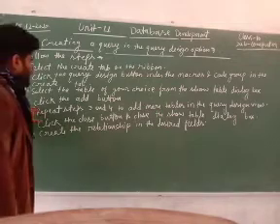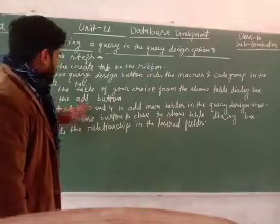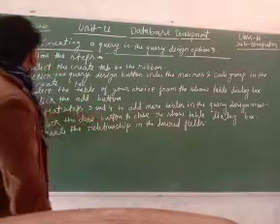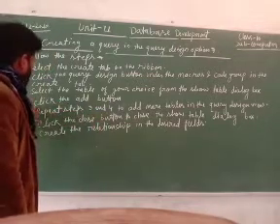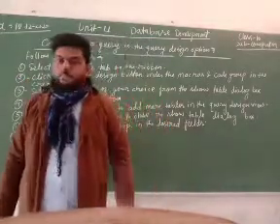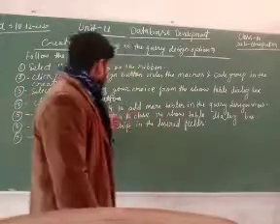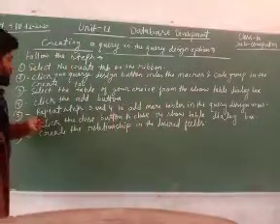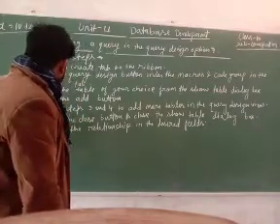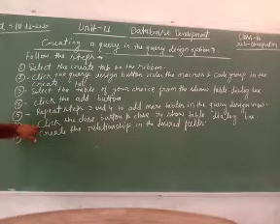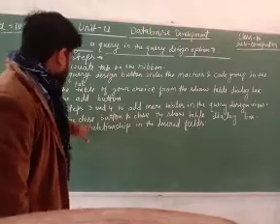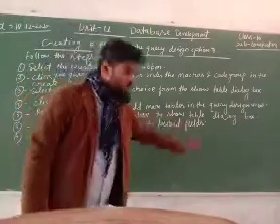Now next, click the add button. Here you should click the add button, and afterward, in the fifth step, repeat steps 3 and 4. It means steps 3 and 4 are for adding more tables in your query design view. Suppose that if you want to add more tables in the query, then repeat steps 3 and 4 again. Next, click the close button to close the show table dialog box.